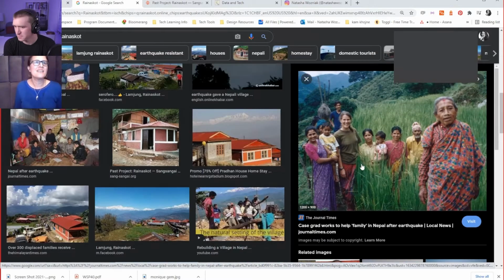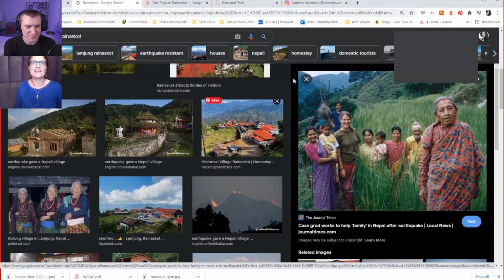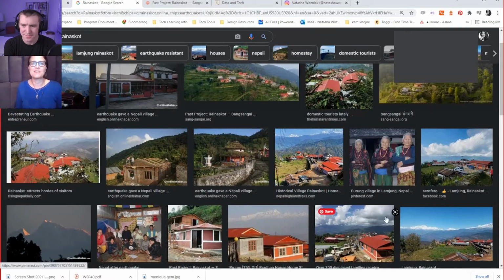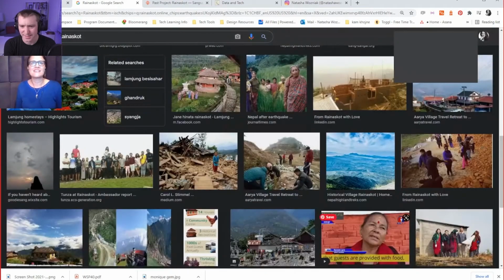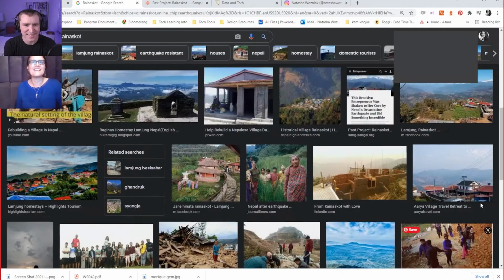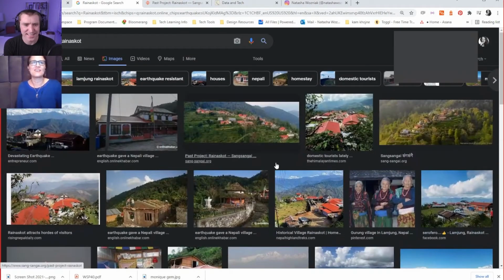So here's some pictures that you can see, like when I put the name of the village and you can see all the pictures. Like here's some pictures you can see in process, some college students handing bricks off and stuff, and then some pictures of the finished village. So they have a tourist program. They've been an amazing success. I haven't been able to go back in 4 years, but I'm hoping to be able to do that next year.